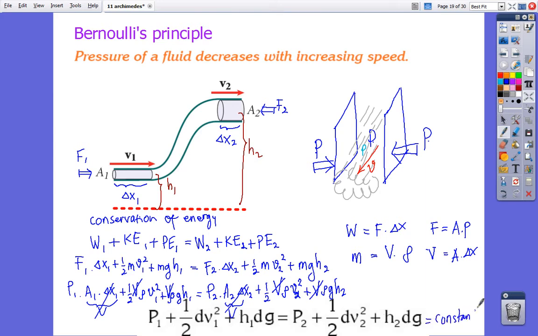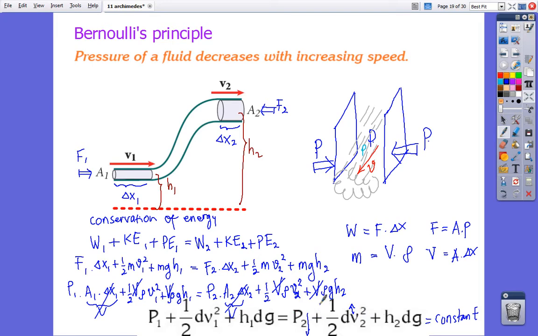What does this mean? So let's say that the heights are the same and when the velocity increases, there should be another value that decreases. So instead of density, the value that will decrease is the pressure. So that's why, in mathematical terms, we can say that if there is a change in velocity, there will be a change in pressure. The increasing of velocity of the fluid will decrease the pressure at that point of